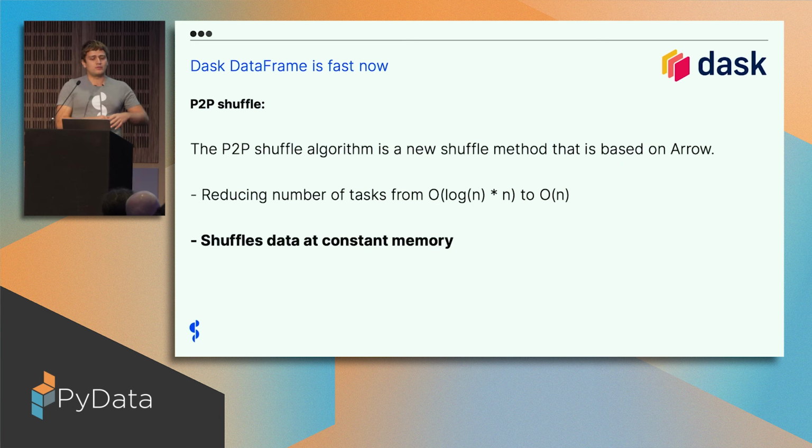The old algorithm, independently of the complexity, had the disadvantage that it had to keep everything in memory at some point. So your whole data set had to fit into memory. This is a little bit like the problem that Spark has. Your cluster has to be bigger than the data set you want to